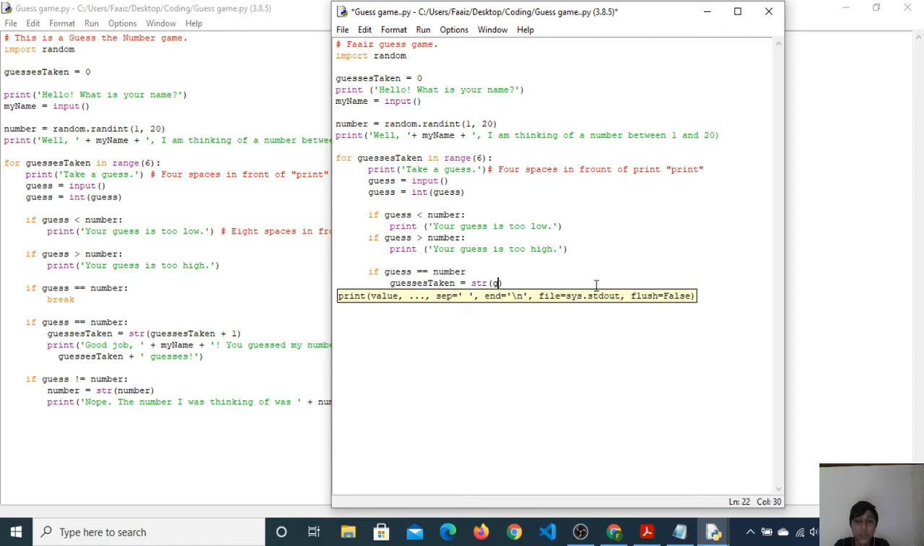So let's say it was guessing number 10. I say okay, you're not guessing number 3, then I say number 5, then I say number 10. So it took me 3 guesses to guess the number. So set up the variable for this: guesses taken equals 1, and then